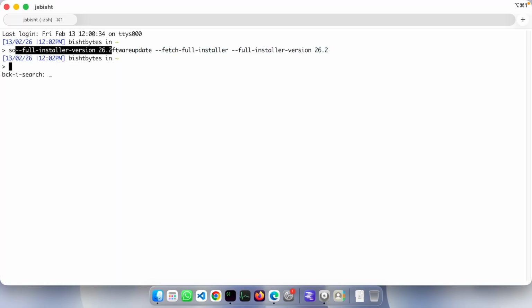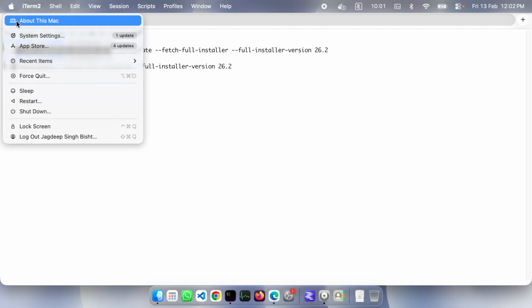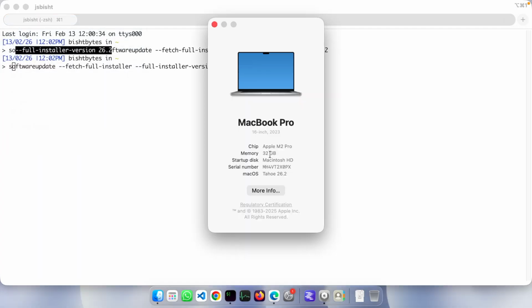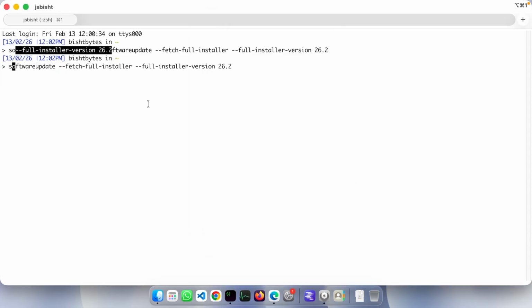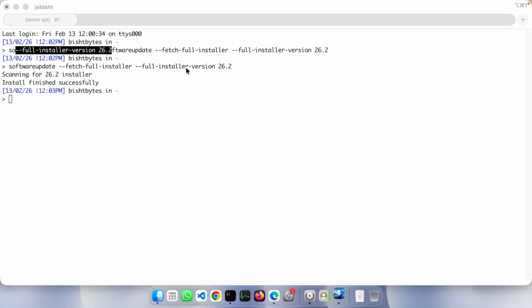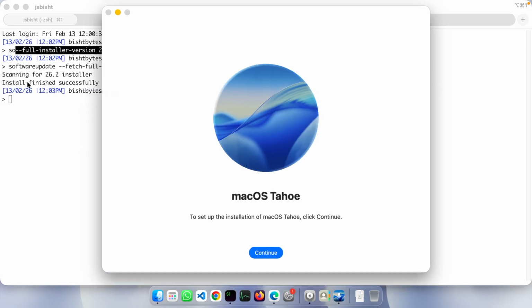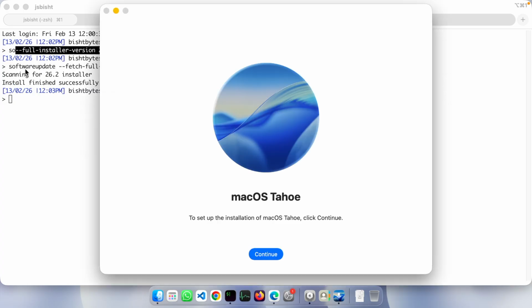which is the latest, which I am on as well. This is my 32 gig MacBook Pro, on macOS version 26.2. So we are gonna do a fetch for this. What this does is it will look for the official macOS version and place it into your Applications folder. In my case I had already done this, so it finished within a second, but it is